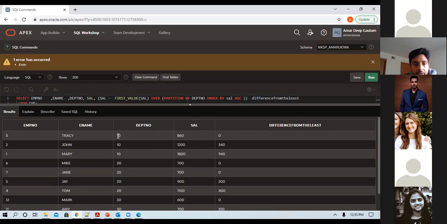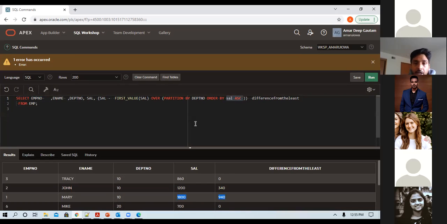First, it did the partition by on the basis of department number. It got the first value in the salary column by ordering it ascending. Then it got 860. Then it's subtracting from the salary. So basically, we are doing salary minus the minimum. So salary minus the minimum, so it's 340 and this 1800, 940. So this is how we'll get the difference between the salary and the person who is earning the least in that department.